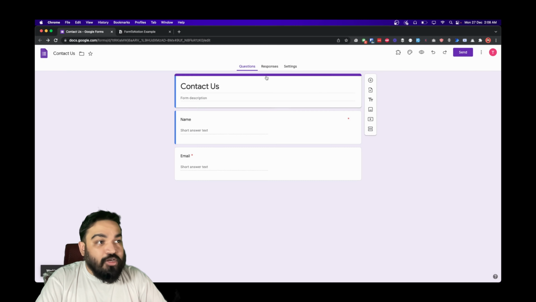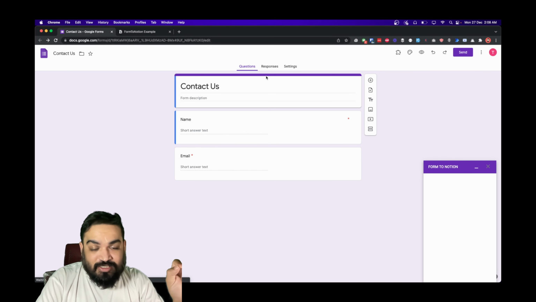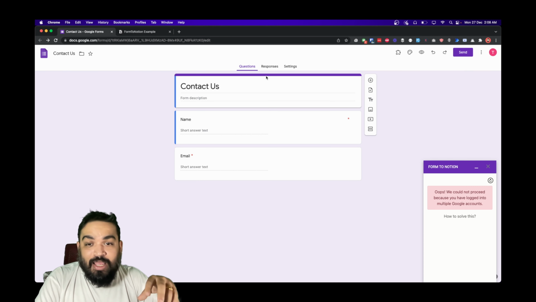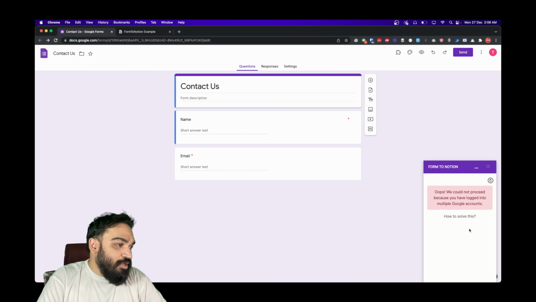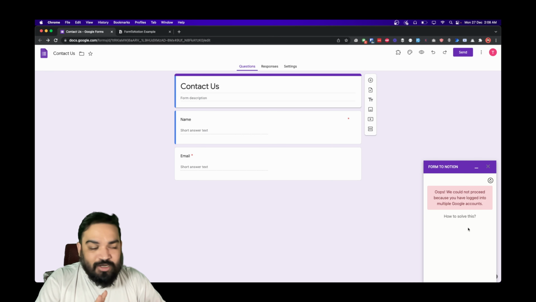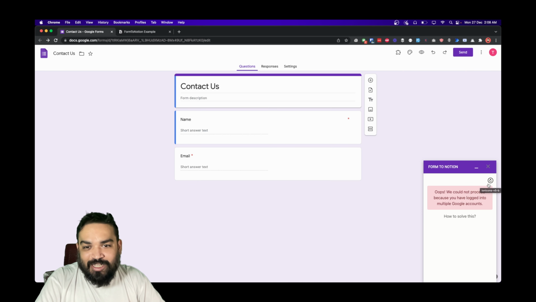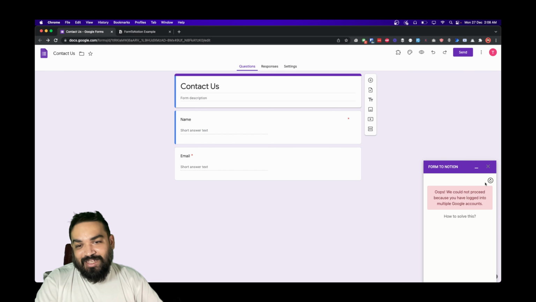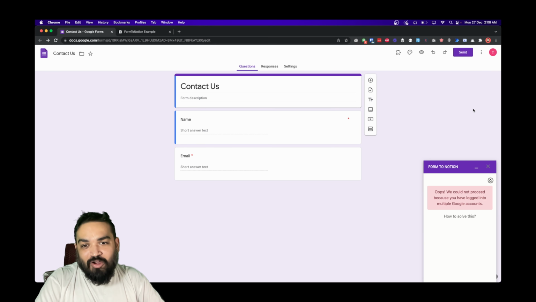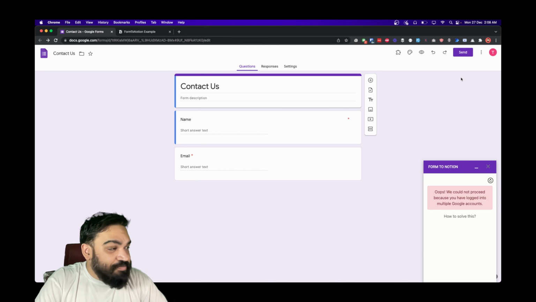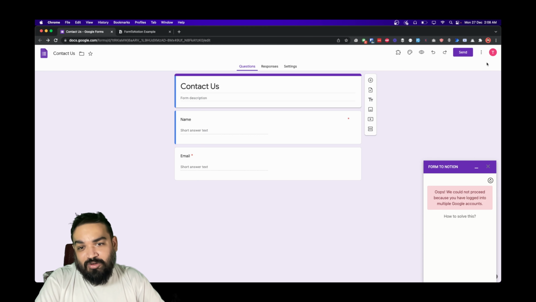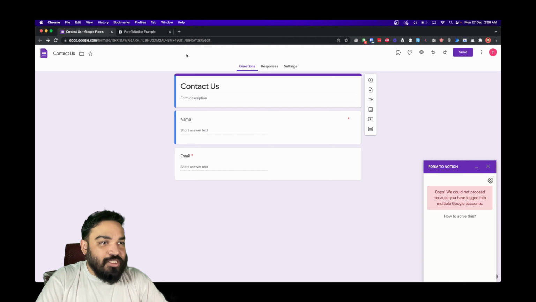We have the Notion page ready, so I'm going to click here and click on the add-on, and then we have connect to Notion, which means whenever somebody fills this Google form anywhere, be it embedded in Notion or be it directly through the Google form itself, we need to be able to send the data to Notion. Okay, looks like we need to be logged into only one account for this add-on to work, which is absolute nonsense, but let's see if this works or not. So I'm just going to quickly log out and just log into my only Gmail account that I'm using for this demo. Let's see. Great.